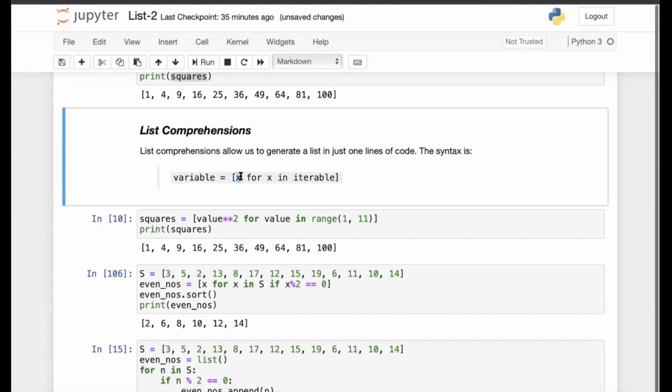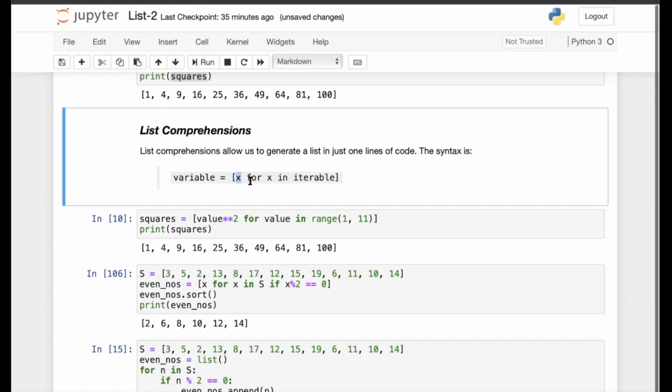Now, how to infer what x is? What values x can take, we define next. We define that x can take its value from the iterable, which we define here. It can be a range, or so many other iterables. So: x for x in iterable. This is how you define the list comprehension. You first define the expression, which is the type of values that the list can take, and for the variable in that expression, you define how to compute the values of that variable.